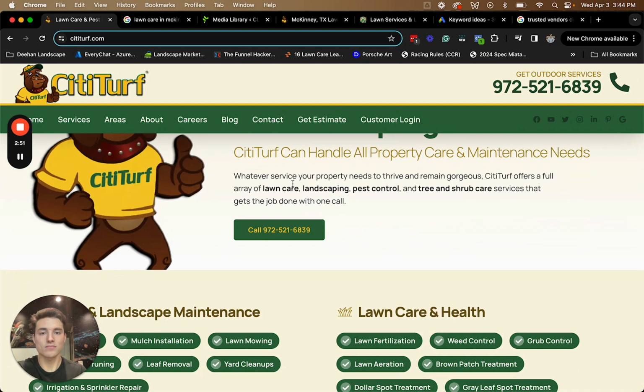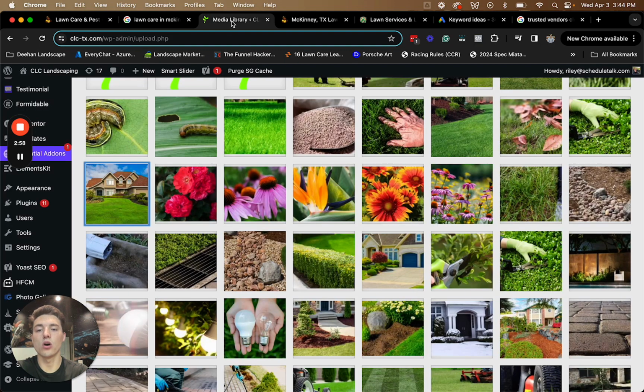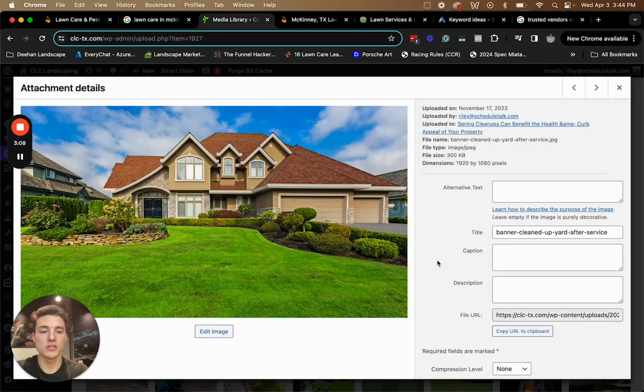Now, it's not anything super fancy, but if you are working in WordPress or something of that sort, and you are, say, uploading images, and this is going to be the case across most website builders if you're using one, somewhere in their settings when you upload an image, this is WordPress here, you will have the ability to set alternative text or alt tags. And that is a way where Google can then understand what the image is about. So in this case, we would set the alt text to be something like green grass in front of property,